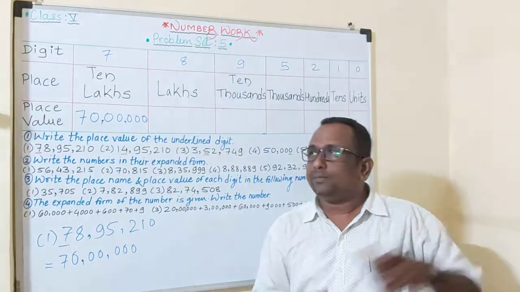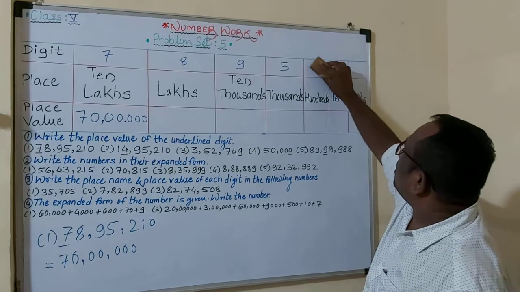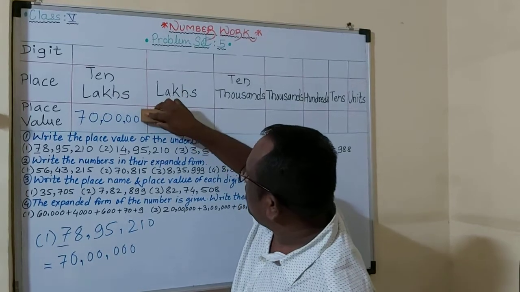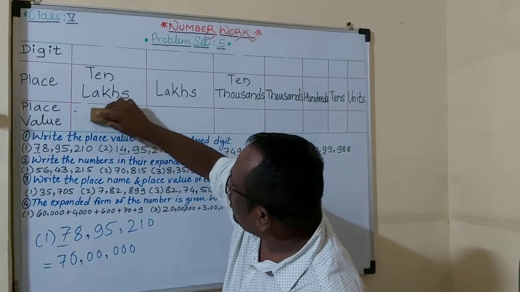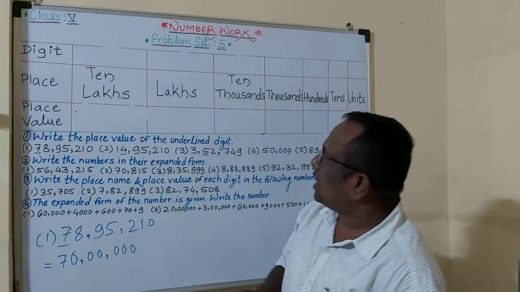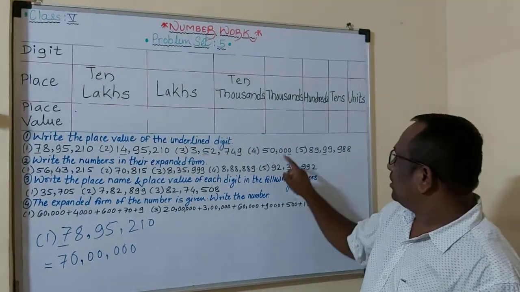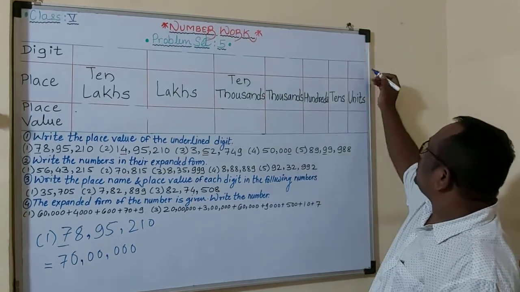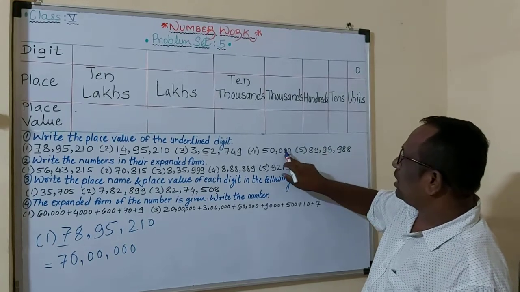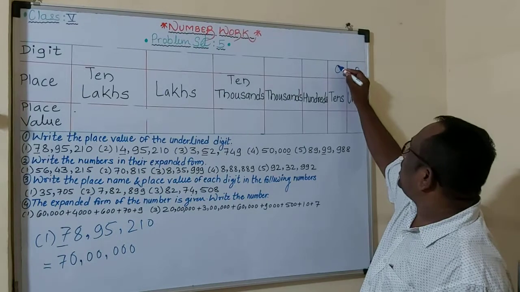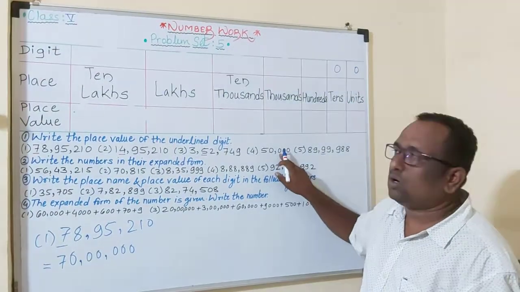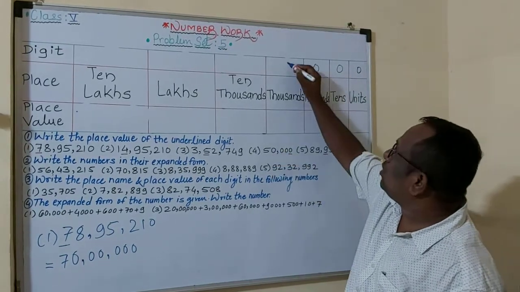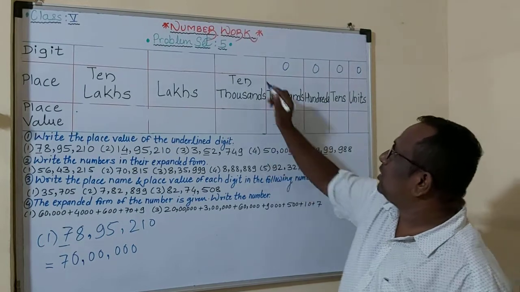50,000. Okay, now 50,000, we'll put the value in our magical chart, the khichdi chart. See, here the last digit is 0, so I'll write 0 in the unit place. Then here also 0, the 0 comes to the 10 place, the 100 place also 0, then the 1000 place also 0, and the 10,000 place is 5.